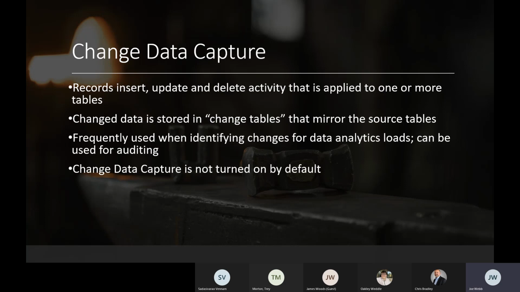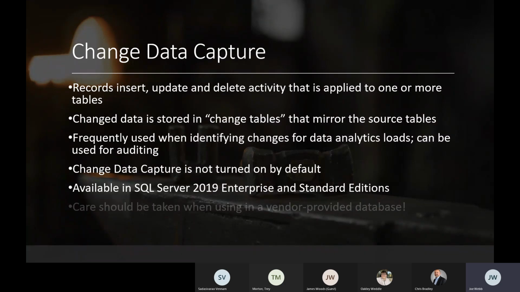Like SQL Audit, change data capture is not turned on by default. If this is something that we want to make use of, we have to turn this on and configure it ahead of time. But it is available in both 2019's Enterprise and Standard Edition, but it should be used with a big caveat because